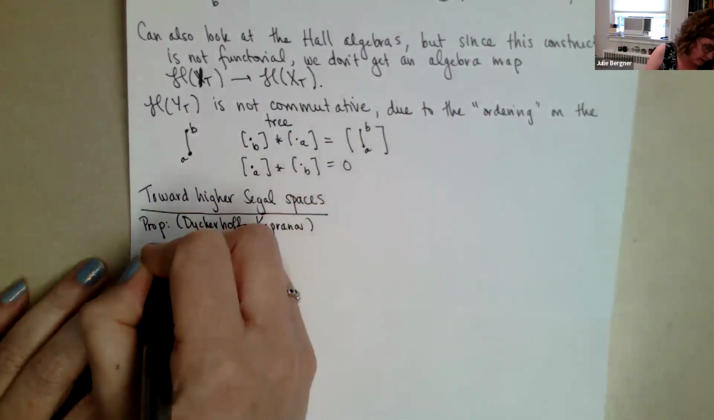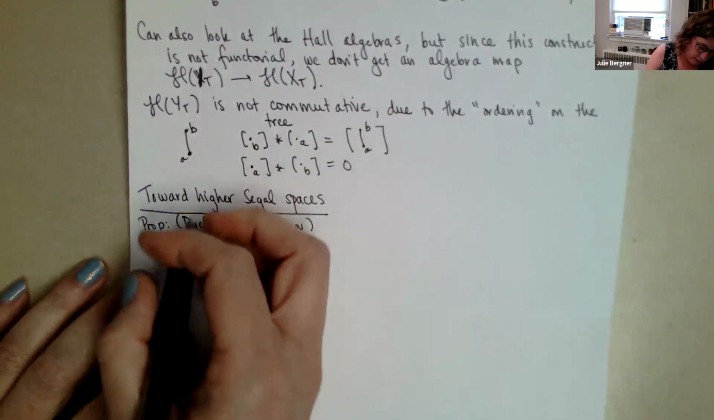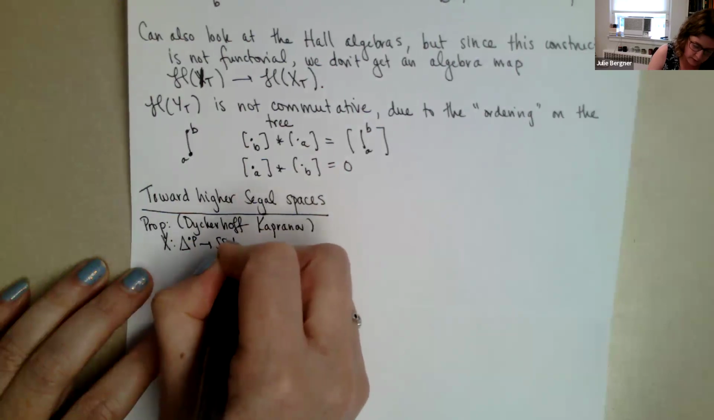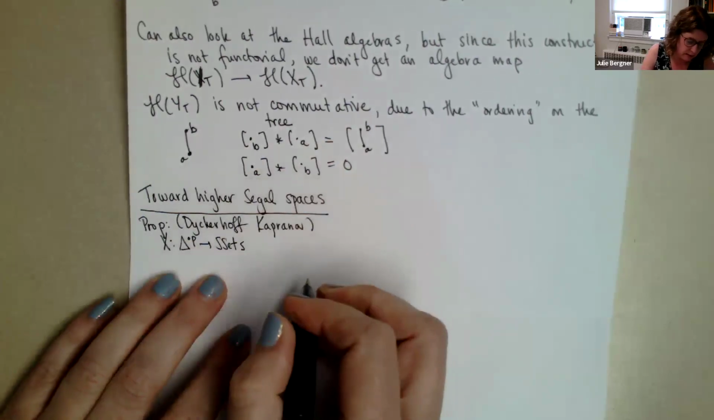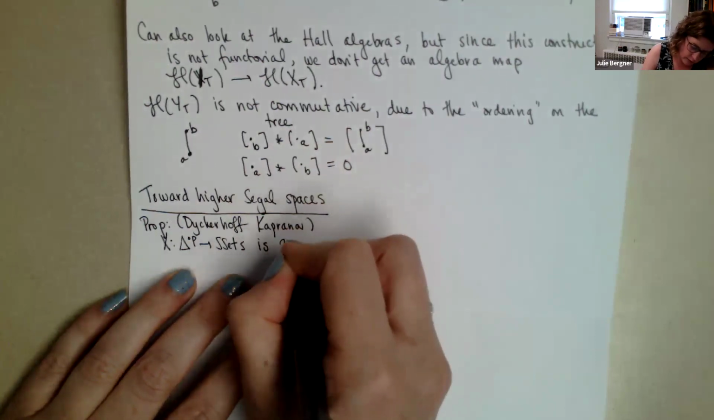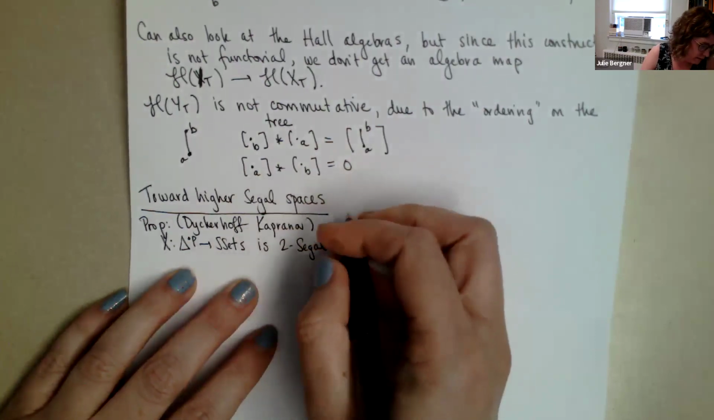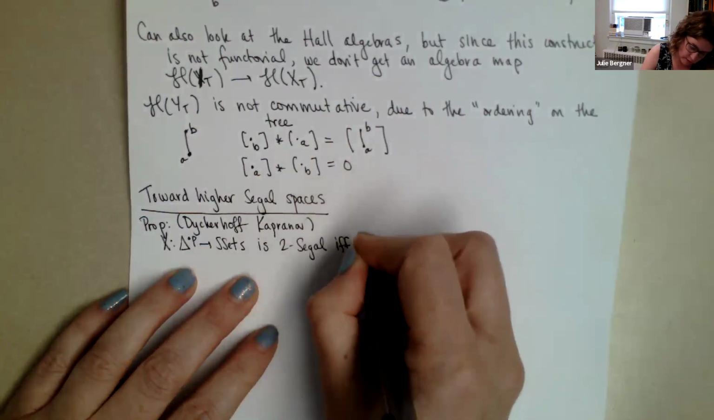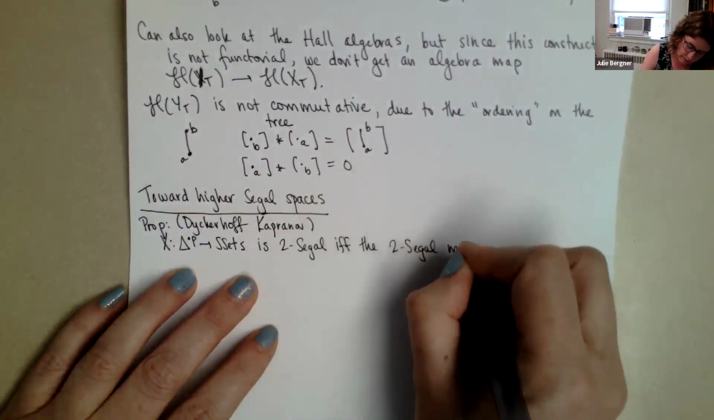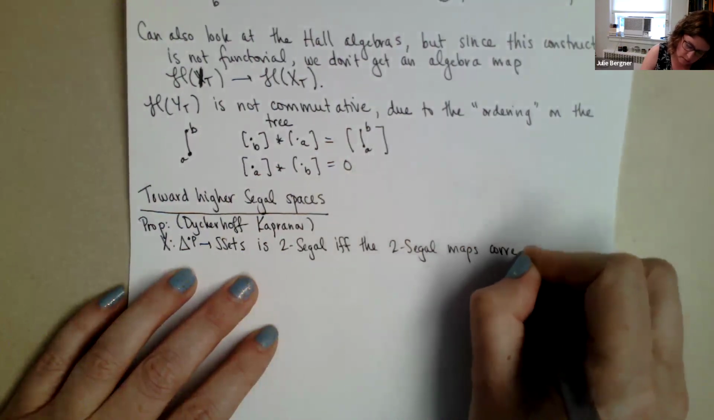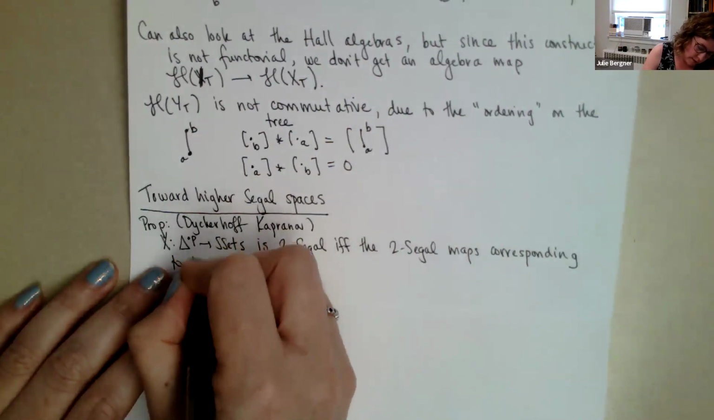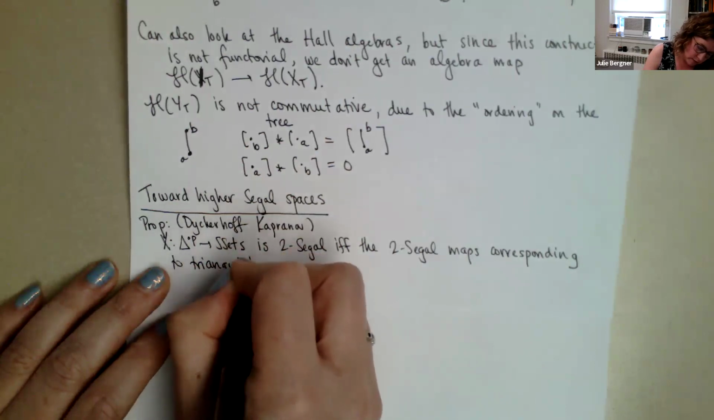And it says that, if I have a simplicial space, I'll put this in terms of 2-Segal spaces. So a functor from Delta op to simplicial sets is 2-Segal if and only if the Segal maps corresponding to the following triangulations